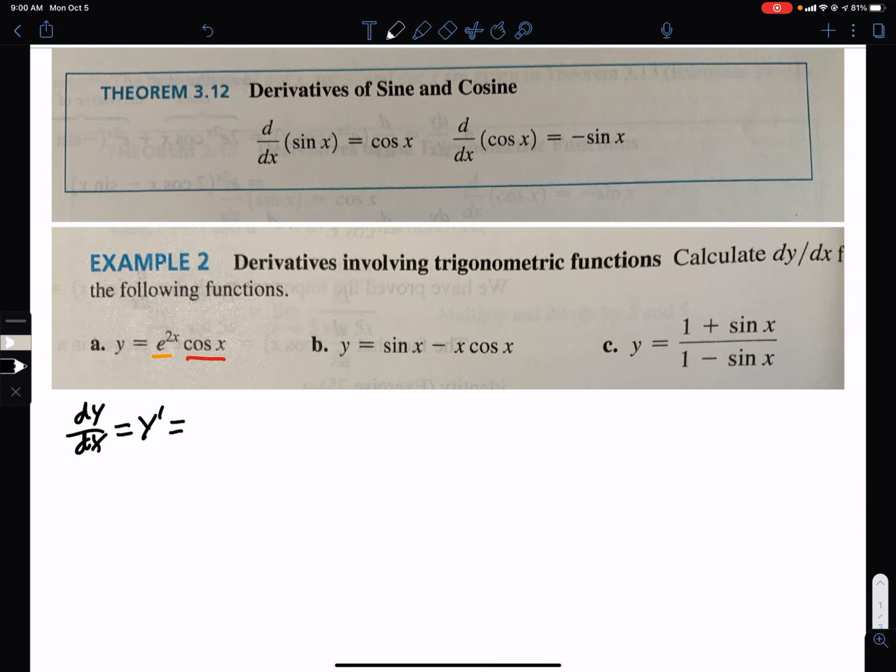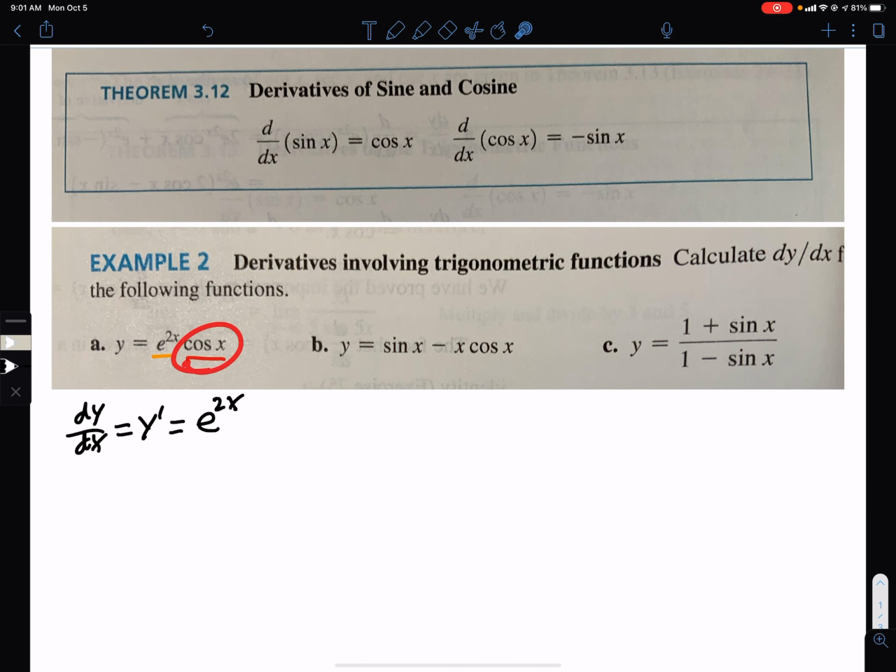I kind of don't like what they're doing here. They introduced this last section where you have a 2x. You know the derivative of e to the x is e to the x, but what do you do with the 2x? They gave you a theorem, but I don't like that because you just memorize something that you don't need to. I wish they didn't do this, and I probably accidentally assigned some of those to you on the last homework, but I'm just going to tell you what it is. Don't memorize this because we're going to learn later in chain rule how to get the derivative of e to the 2x. So right now, we would leave the first alone, and you take the derivative of the second, but